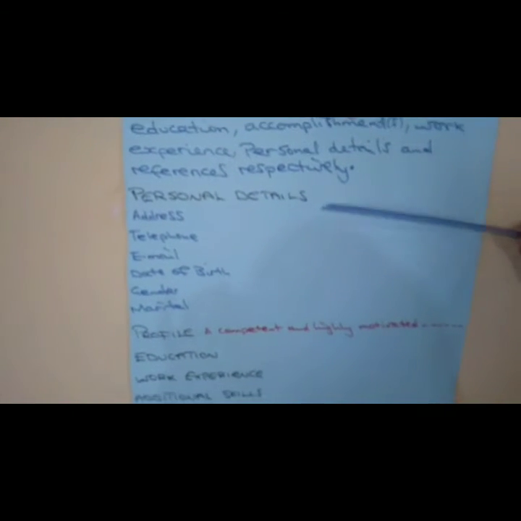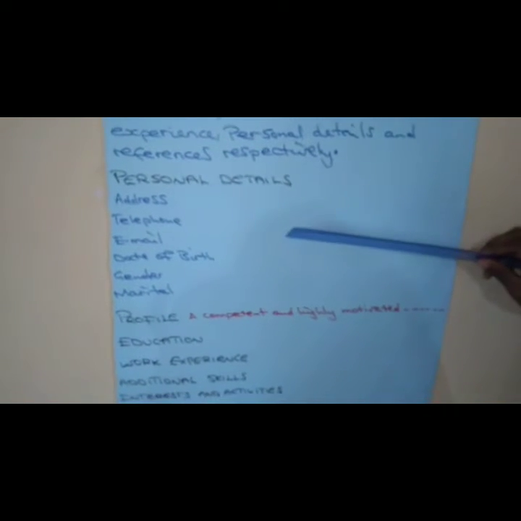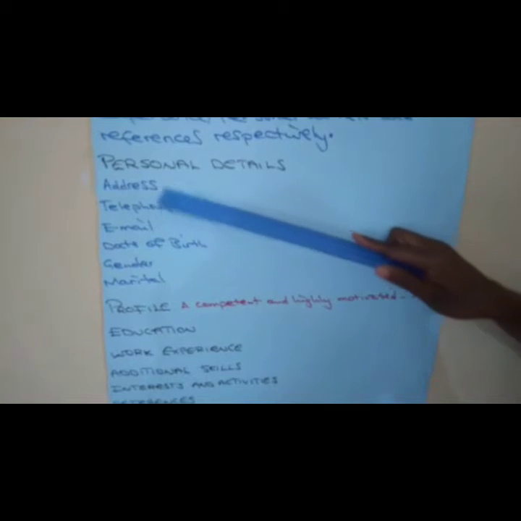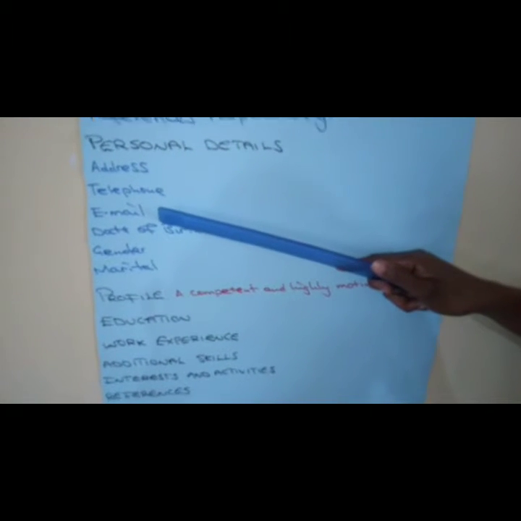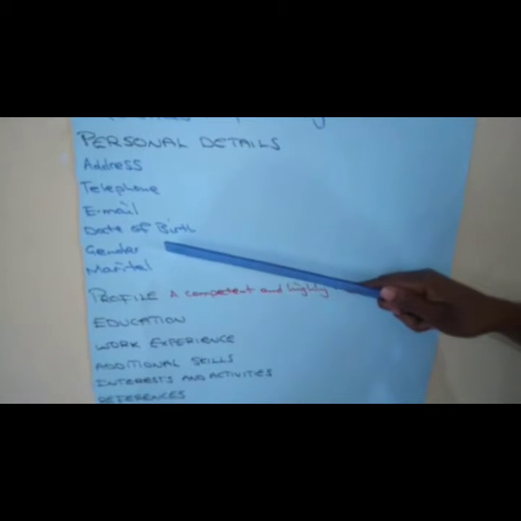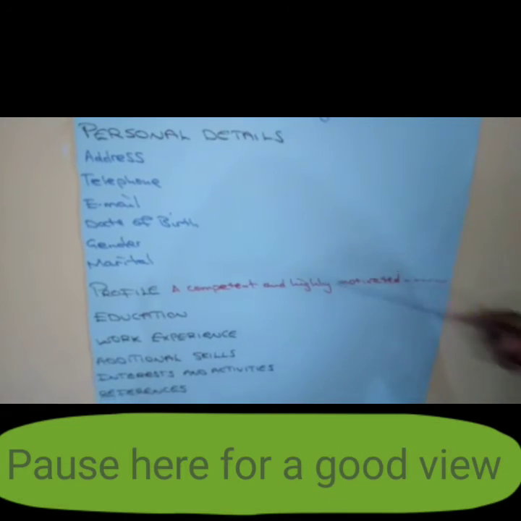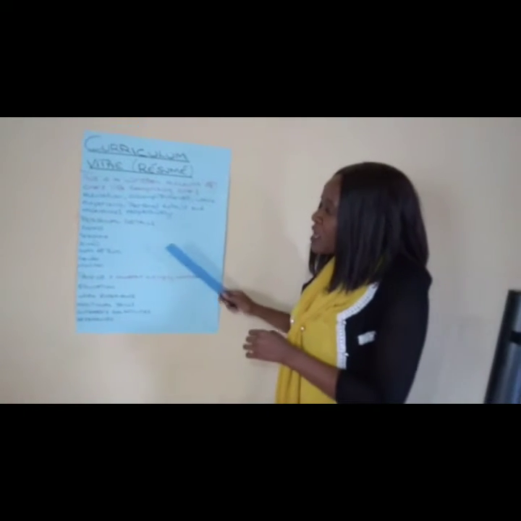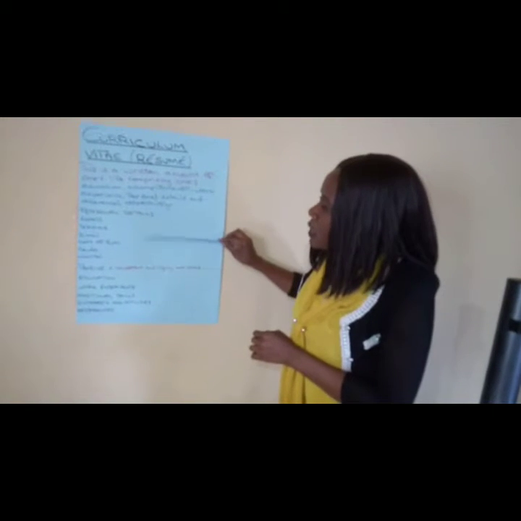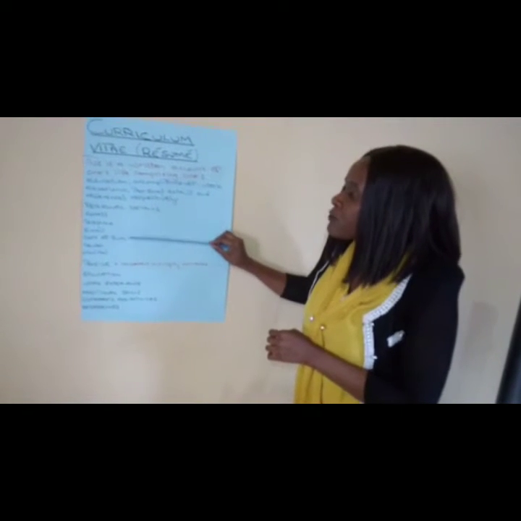Okay, so we have a structure of a curriculum vitae. When we're saying your personal details, what should they comprise in your curriculum vitae? The first thing should be your address. Then we have the telephone number, the email address, the date of birth, gender, and marital status. I believe you'll be able to fill in this form properly, or rather to have it typed properly, especially since you're not used to form filling. Do not put someone else's telephone number there unless otherwise.